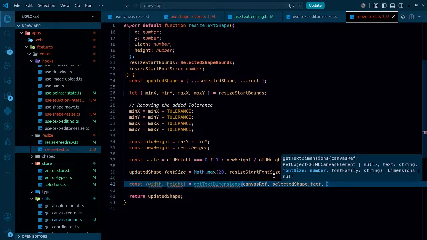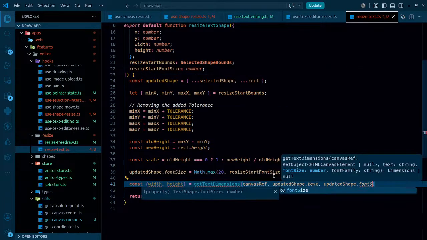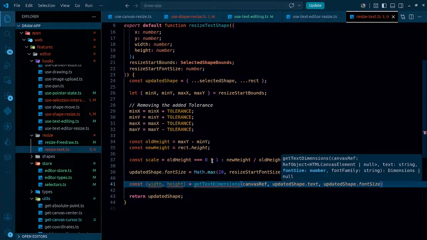We need to pass font size, the updated font size, right? So let's work with updated one. Updated shape dot text, updated shape dot font size, by font size. But how is this working? We are getting the old width and the new width, old height and new height,